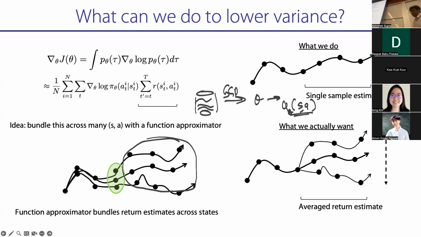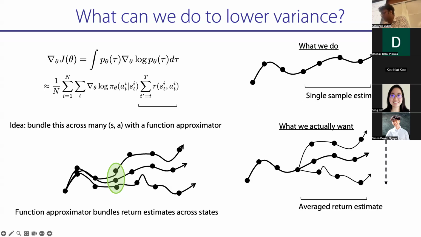And so the magic of function approximation is basically, even though I only had one trajectory from here, the nearby trajectories help lower the variance, right? But that makes one thing obvious, which is that it's relying on some representation of your neural net to tie those things together. It's a little bit speculative, right? It's not always clear that this and this share information. And so what makes off policy RL with function approximation hard is that it's implicitly relying on the representation to share information, but there's no guarantees. So don't think of this as something with lots of guarantees.